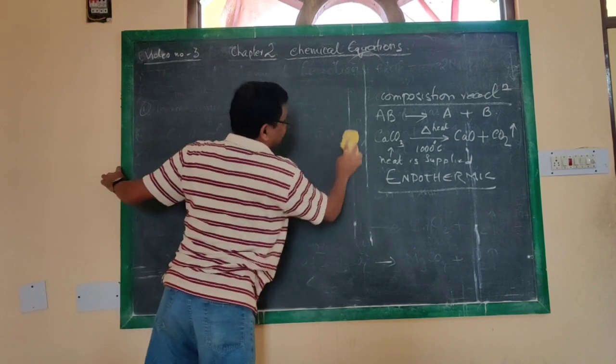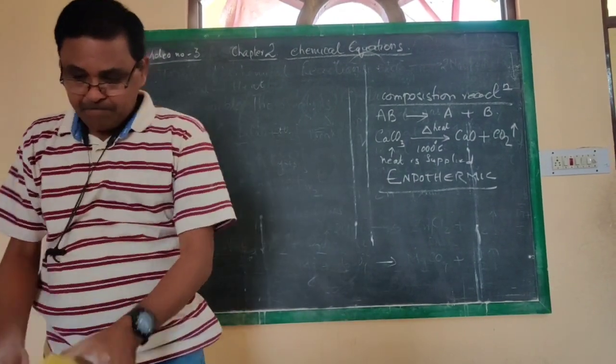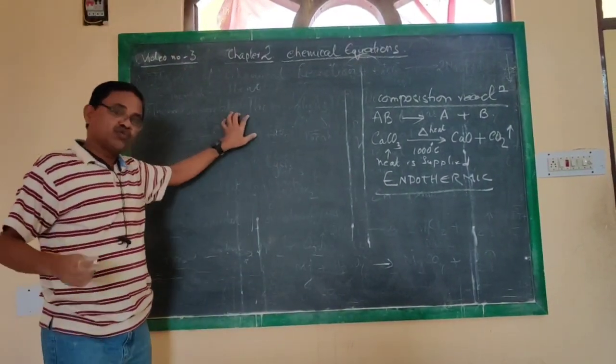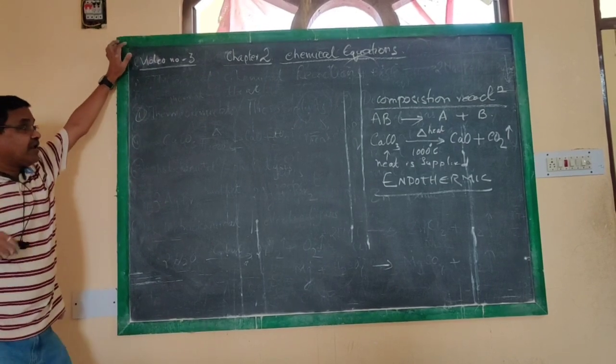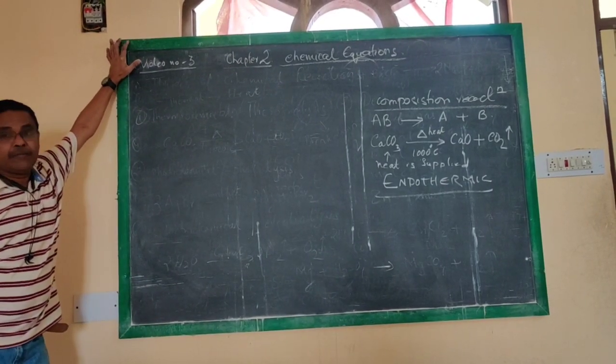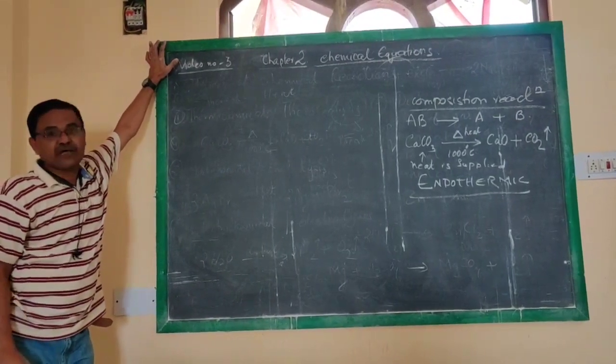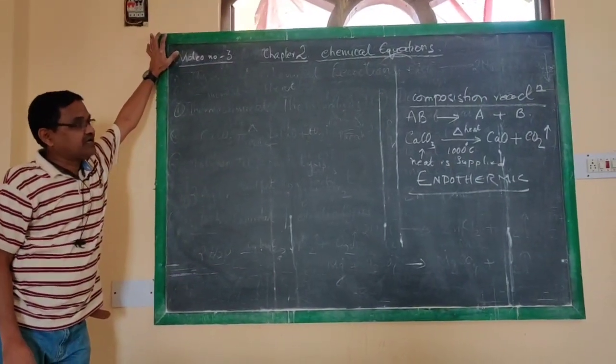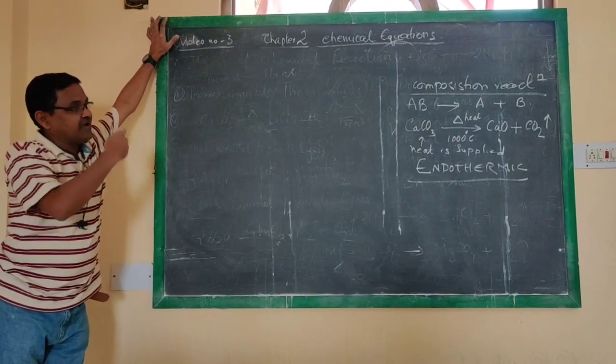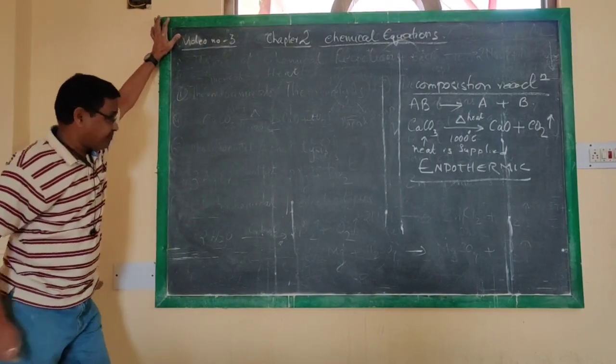Now, I hope you have understood it, and you should have a thorough practice whenever we are dealing with chemical reactions, because practice only will lead you to perfection. Whenever we are learning about chemistry, the first important thing is you have to practice the reactions just like you practice mathematics. That is where the success will come when you learn chemistry.